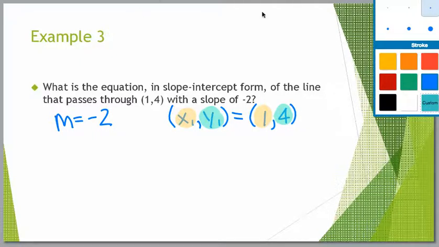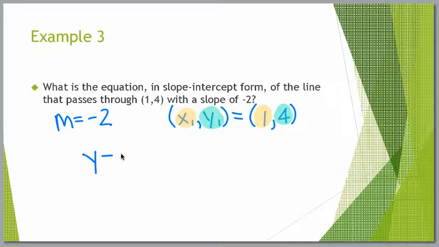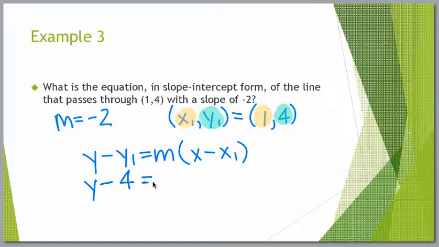And so now we have all the components we need to put it into point-slope form. So our form again is y minus y1 equals m times the quantity x minus x1. So let's start plugging in. We should only be left with x and y as our only variables. So y1 is 4. So y minus 4 equals m, which is negative 2, times the quantity of x minus x1, which